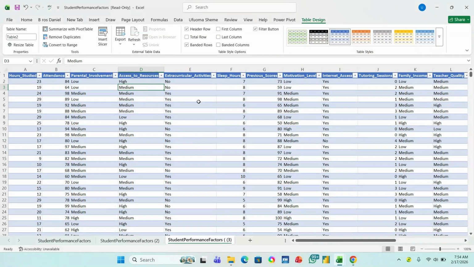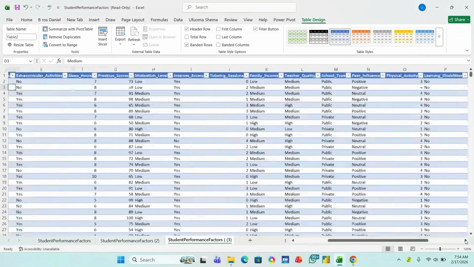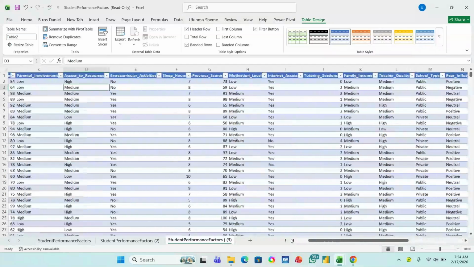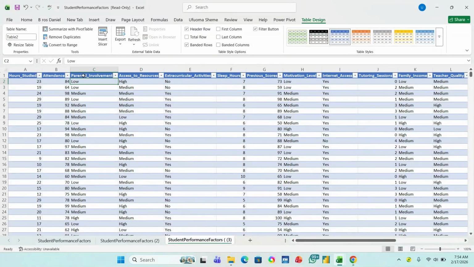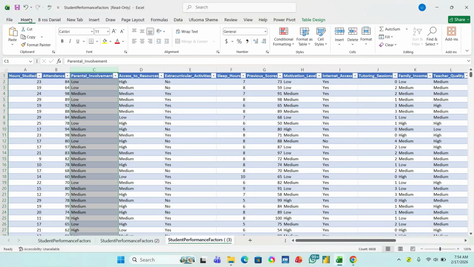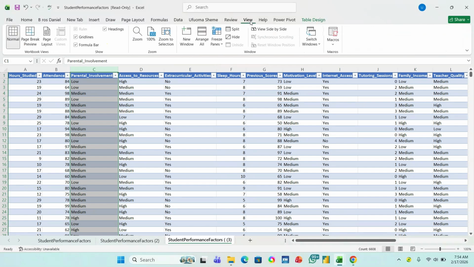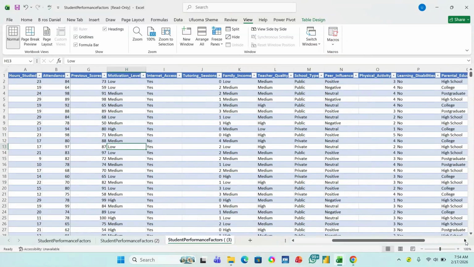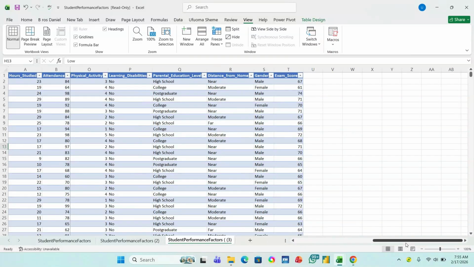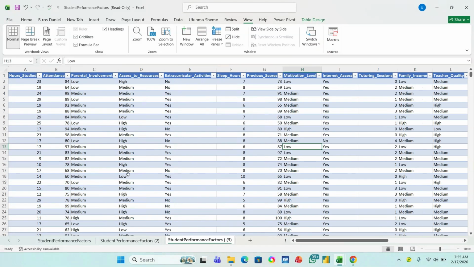What I want to do is freeze some parts. You can see when you move this, it is moving. But I want to freeze a particular row and column. I'll come here, then go to View. You see Freeze Panes. I'll click on Freeze. When I click on Freeze and start to move this, it will not move again, the whole of this place where it is. Why? Because I set my cursor from here to there, so it's not moving.